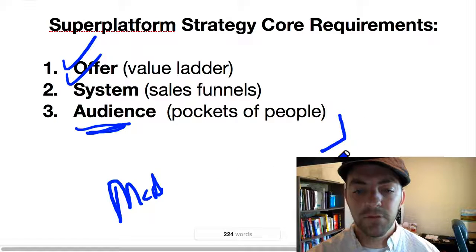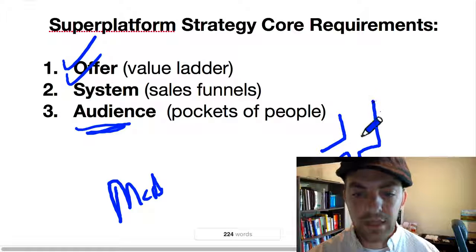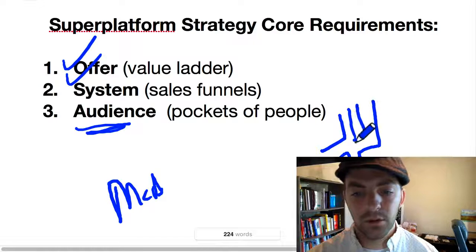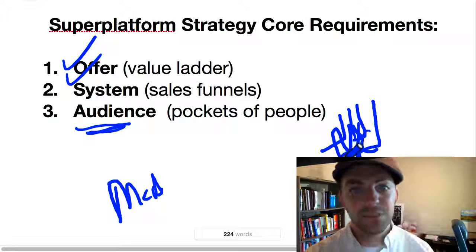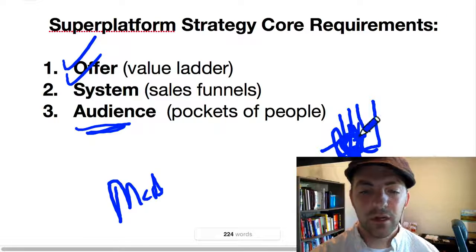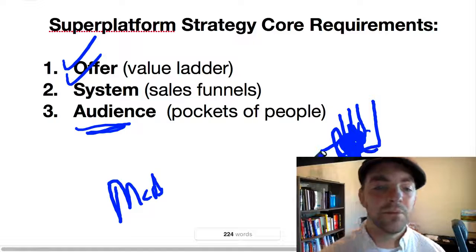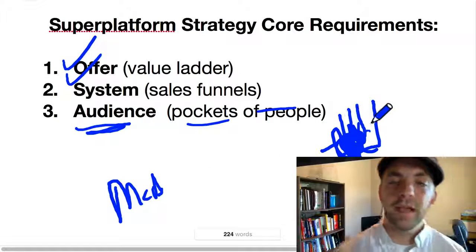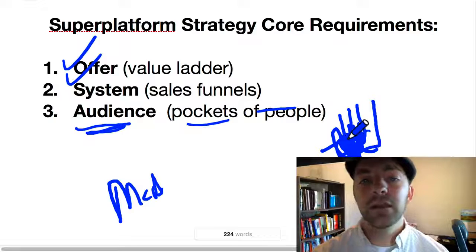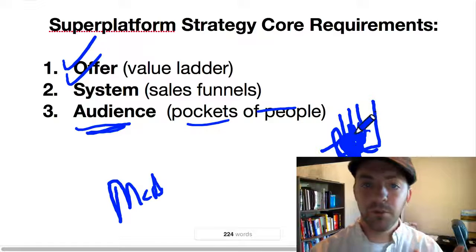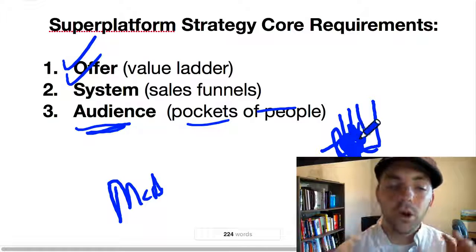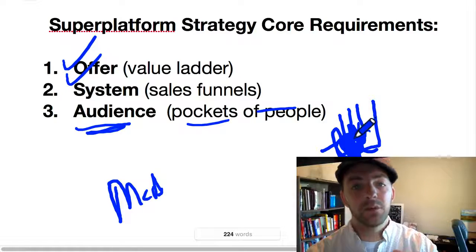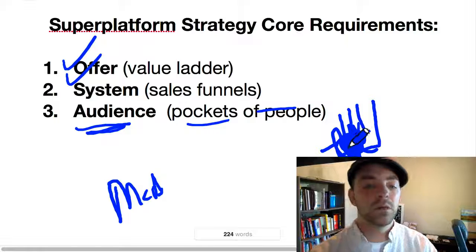Versus being placed front and center in, this is my Times Square. I don't know why I drew it like that. But we're in the very middle of Times Square. This is prime location, where you're going to get a bunch of happy, hungry people. So define your pockets of people. That's where we look to different super platforms like Facebook, Google, Instagram, YouTube, where your customers are. And we're going to prove it to you in this course.